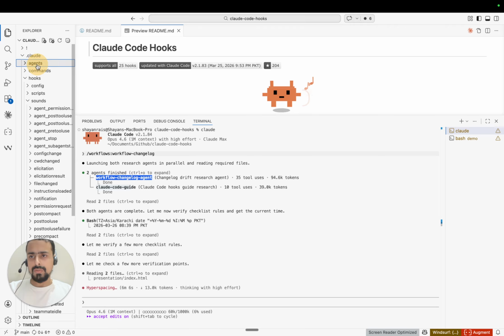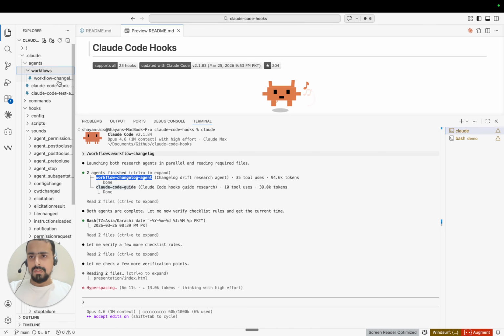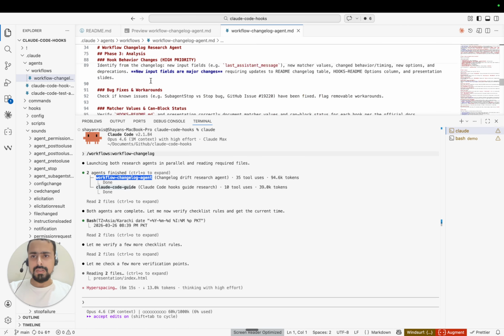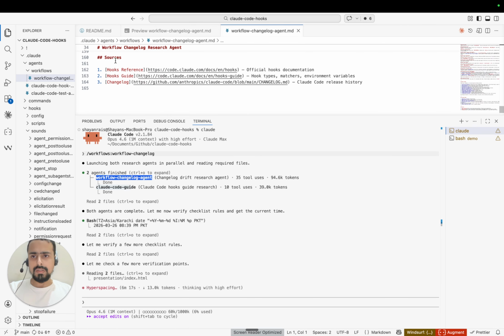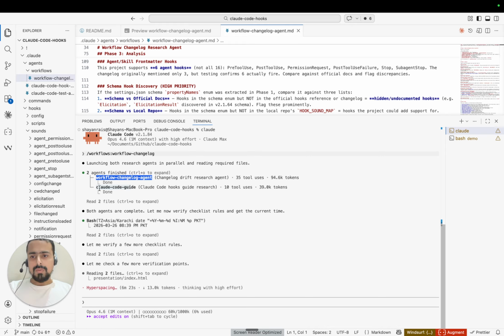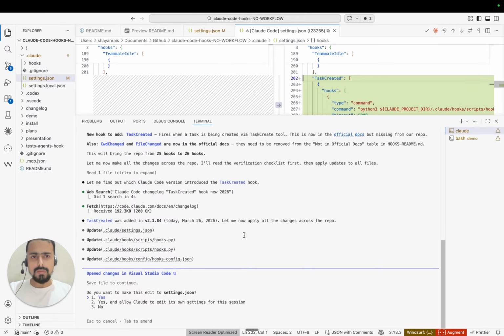If I show you the definition of my agent, workflow changelog agent, this is my agent, and these are the sources that it checks. And also claude-code guide agent is by default, so I don't know what is implemented behind the scenes. Okay,